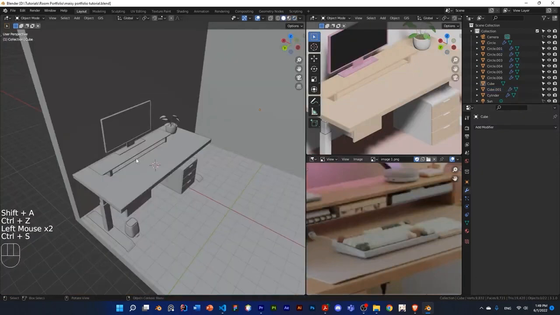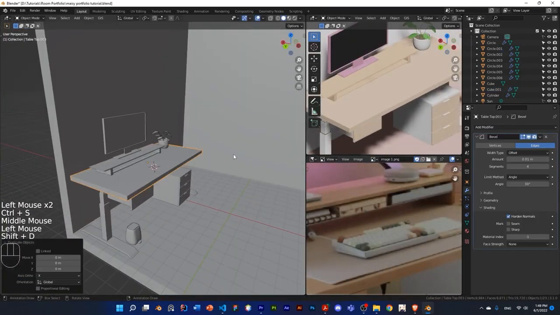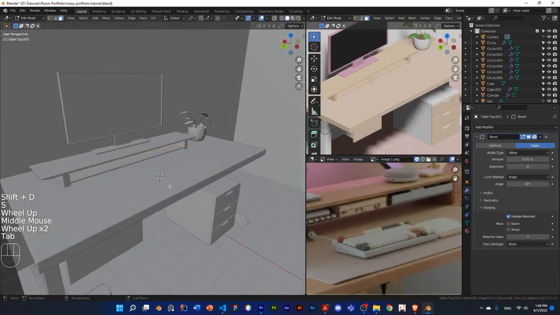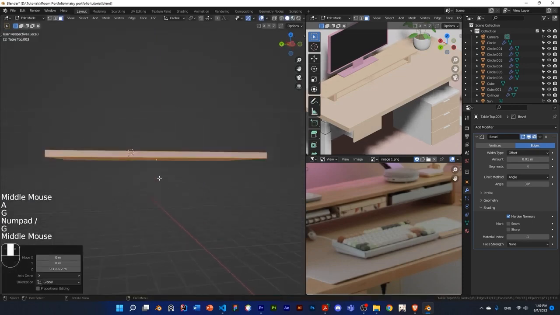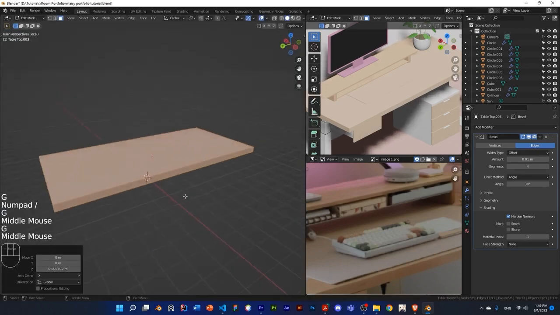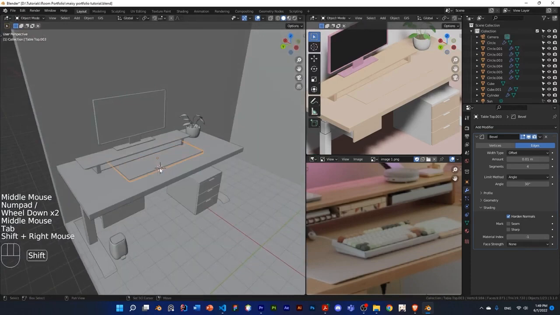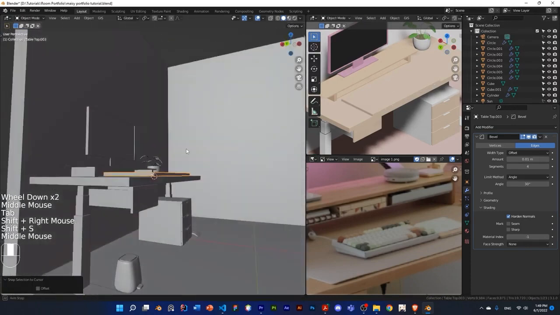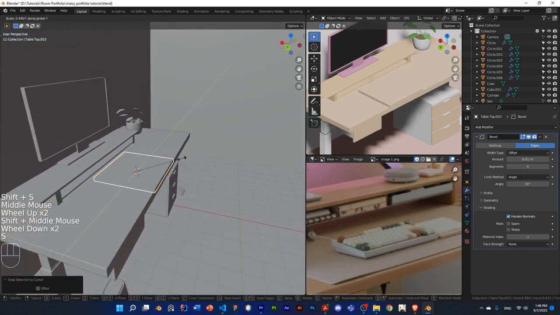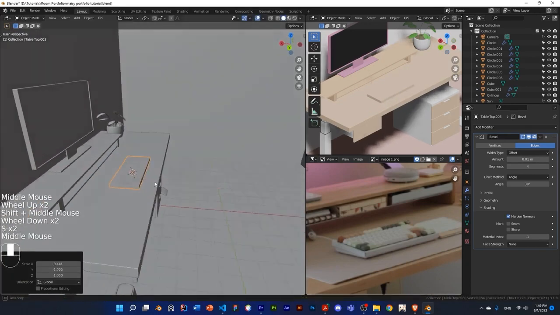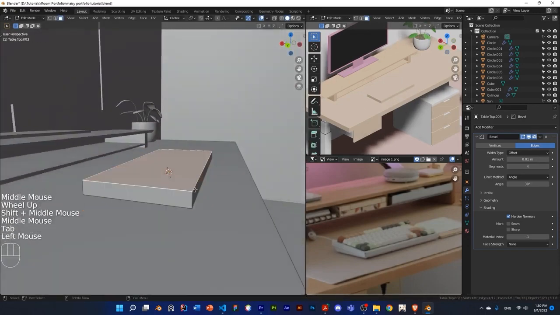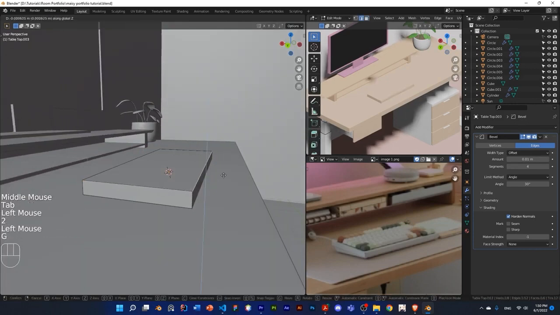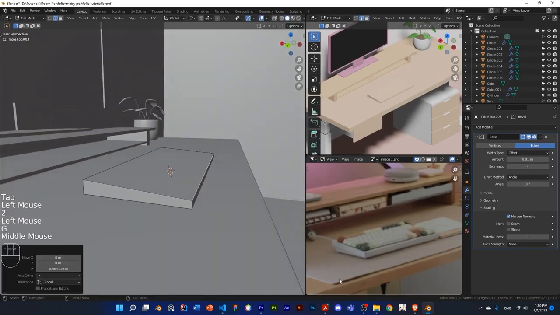Okay, so let's start on this keyboard here. I'm just going to duplicate the table and then scale it down. Enter edit mode and local view and bring it up to the origin point of here. And then I'll exit local view and then I'll just shift right click somewhere on the desk and selection to cursor. So now it's on top, and then I'll just rescale it down to like a keyboard shape or something. And it looks like hers is slanted, so we can just enter edit mode, grab a thing and bring it down with Z, and incline in the center so we can add a loop cut as well,